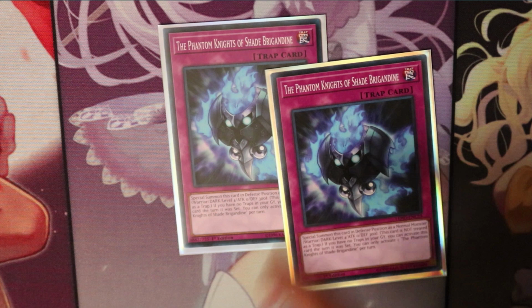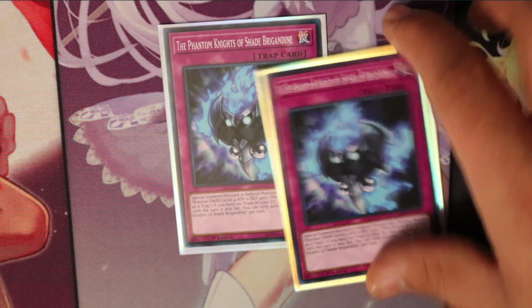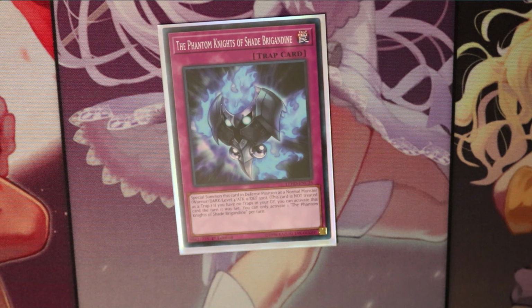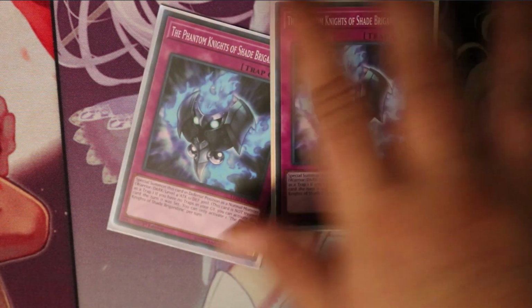And then we're going to run 2 Phantom Knights of the Shade Brigadine. Special summon this card in defense position as a normal monster, level 4, 300 attack. This card is not treated as a trap. If you have no traps in your graveyard, you can activate this card. The turn it was set, you can only activate 1 Phantom Knights, the Shade Brigade, once per turn, so just